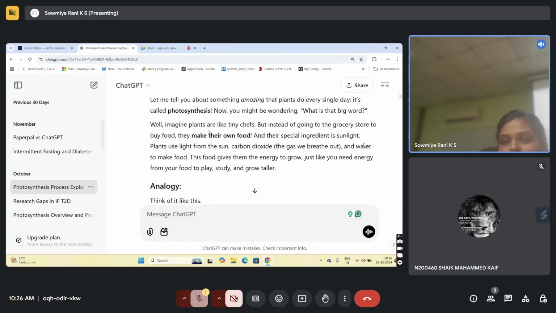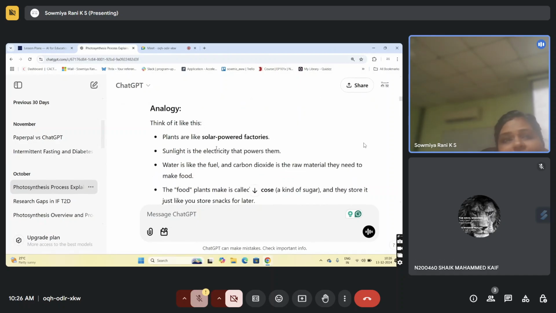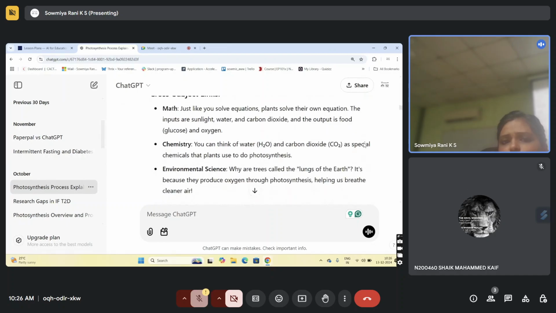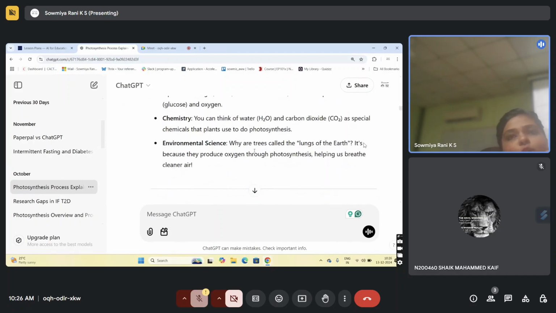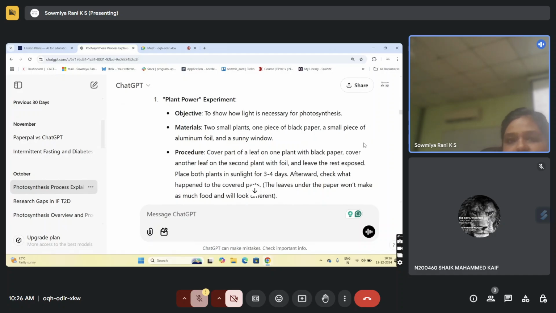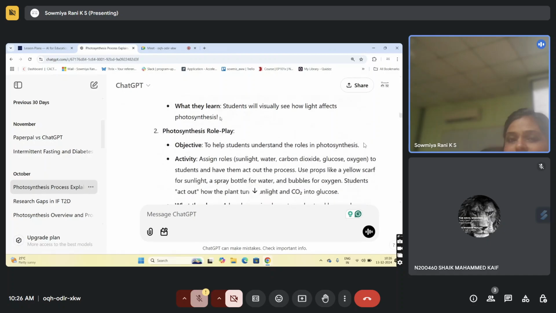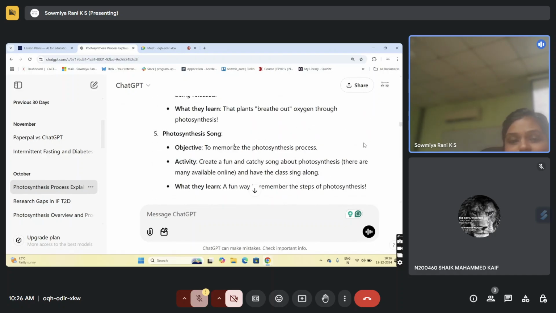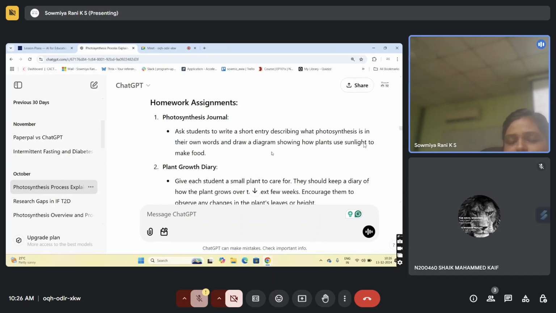Now, in my case, the content that ChatGPT has put out is relevant for grade 6 students, and it has given me all the necessary analogies that I can use in the classroom. And also, it tells me how, because after NEP, everything is about cross subject learning. So, interdisciplinary is the buzzword with NEP, and NEP affects school education as well. So, now I have ideas as to how I can link this concept of photosynthesis between multiple subjects, and also have suggestions how I can engage my students in experiential learning activities through role plays, through observations, and all of these. It even gives me a suggestion for creating a photosynthesis song, and also gives me what kind of homework